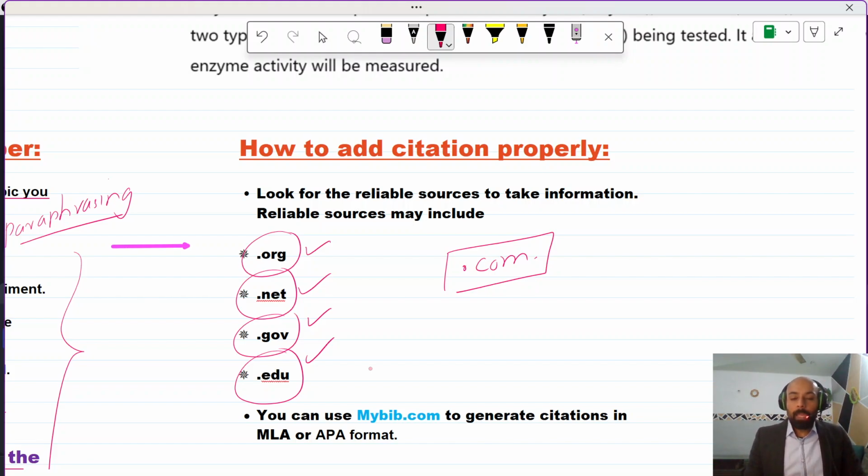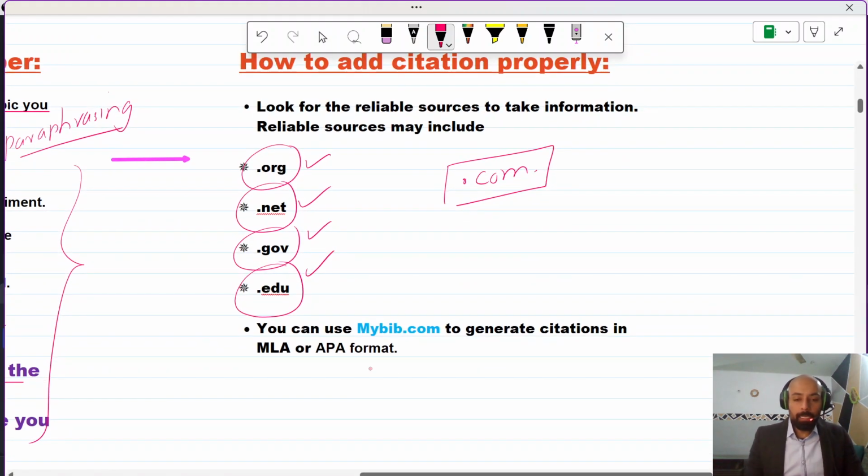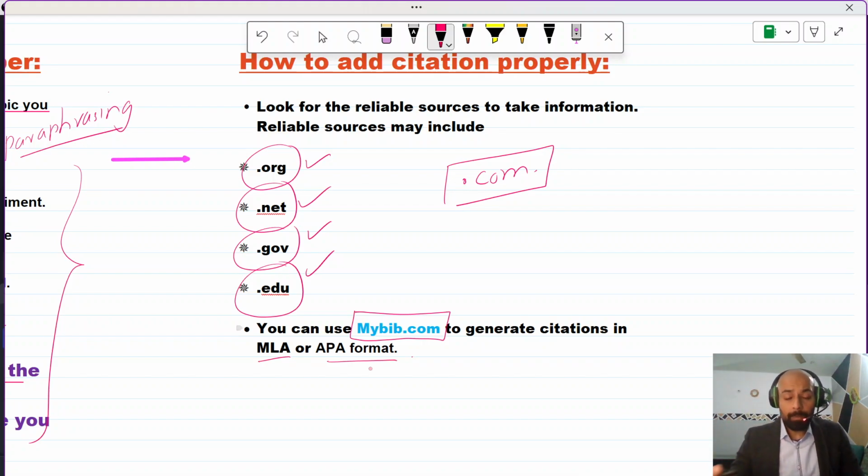Okay, and you have to paste that link in myweb.com. This is a website which can generate free citations in MLA or APA format. We can do a separate video on that as well, on how to generate citations. So you have to put that link in this website, and it will generate a citation, right? For example,